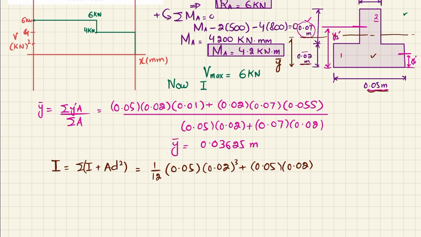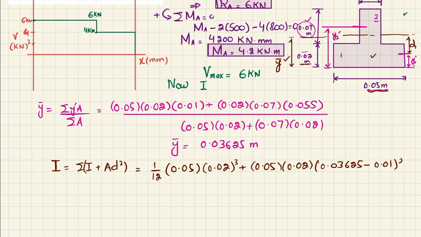D square is the distance from the neutral axis till the mid of this. So this is d1. So d1 is equal to y dash minus y1. So y dash is 0.03625 minus y1 dash is